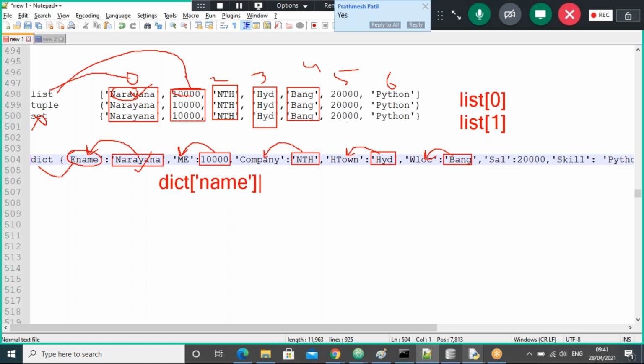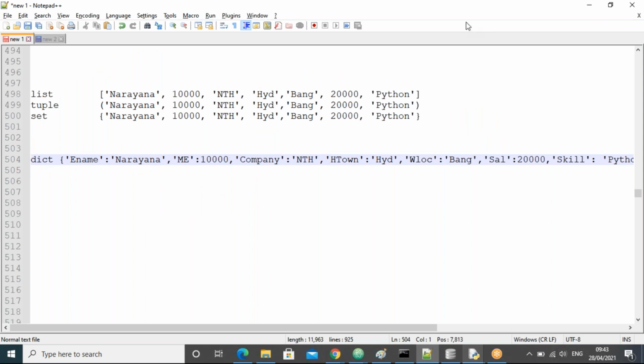That's all, guys. Next, same, dict of, I'll take here ME, monthly expenses, like this, guys. So that the corresponding value will return here. Okay. So now all of you are clear how to create the dictionary, guys. Now let's get the overview about the dictionary.